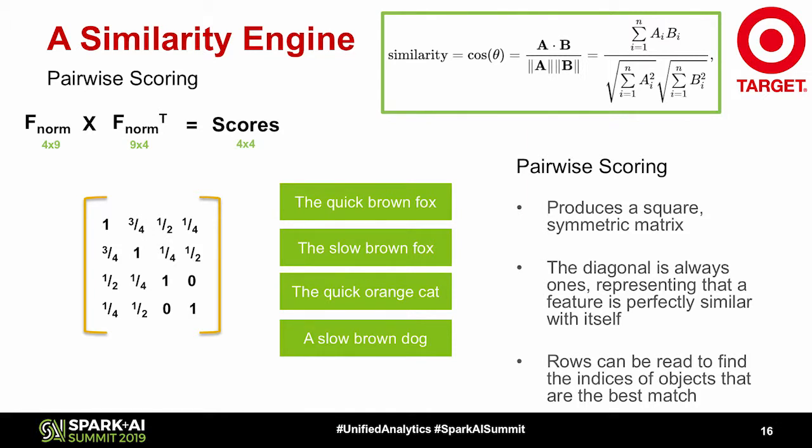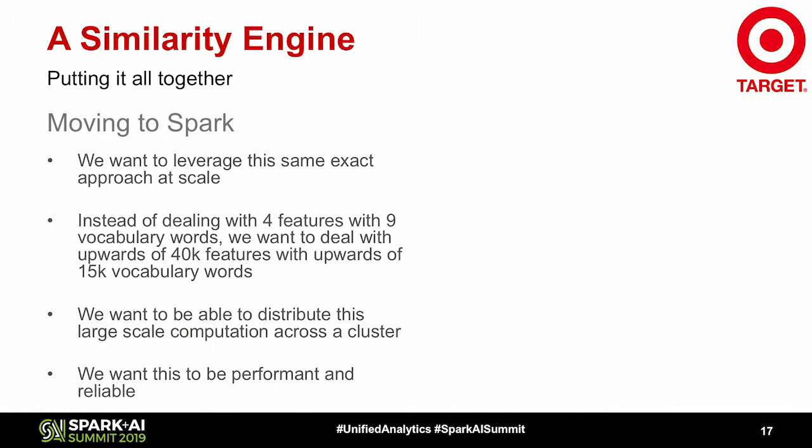And then what this is indicating is you line up each of those input features against a row, and each of those input features against a column, and then where they meet is the similarity score of how similar those features are to one another. So for example, the quick brown fox, you grab that first row, and then you can see it's 0.75 similar to the slow brown fox, and then 0.25 similar to a slow brown dog. So now we understand the nuts and bolts of pulling together a rudimentary similarity engine.